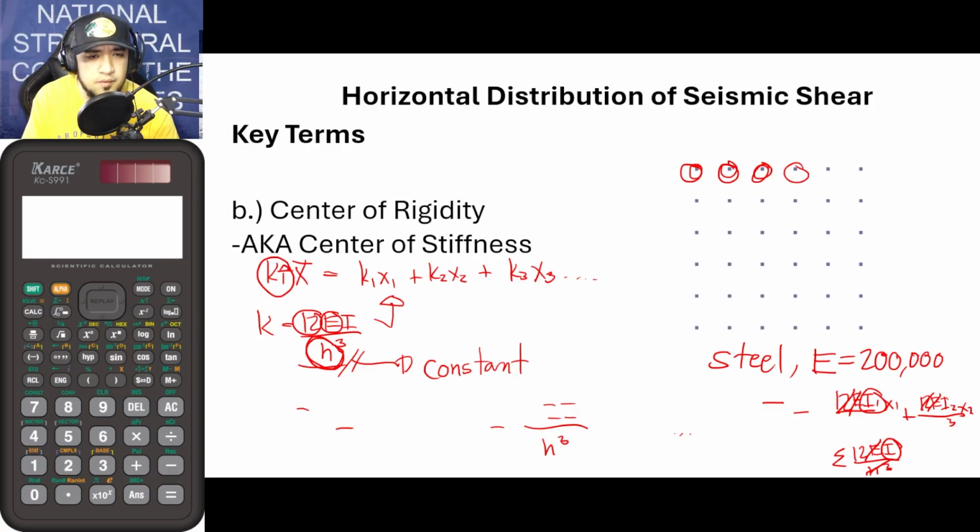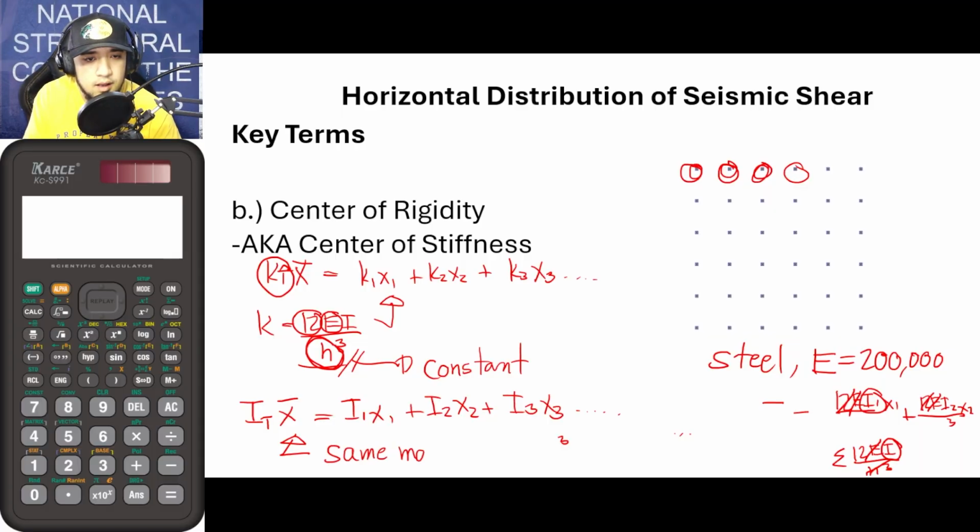So let me just simplify the equation that we could also make use of this equation. The total moment of inertia times bar x is equal to I1 x1 plus I2 x2 plus I3 x3 and so on. Again, guys, you can only make use of this equation if all of the members have the same material